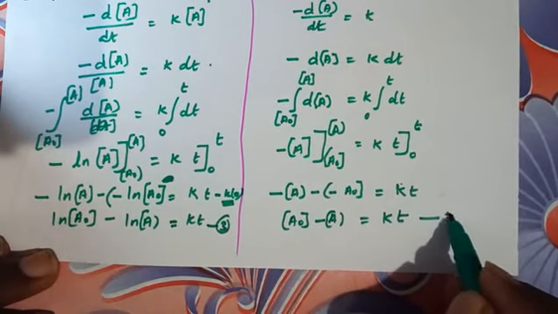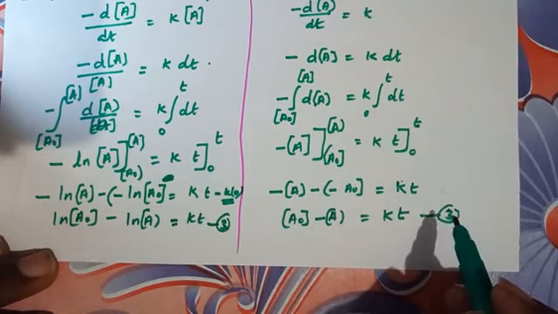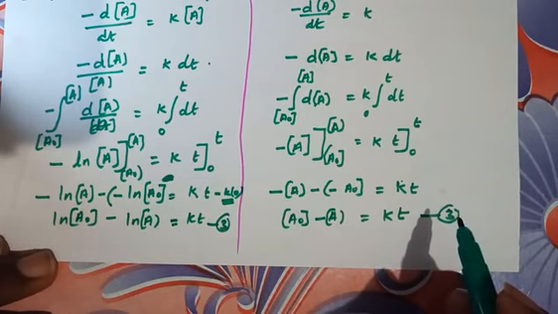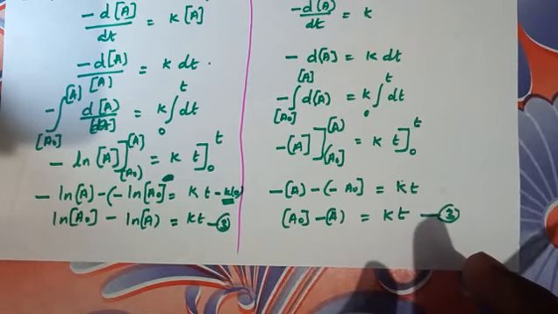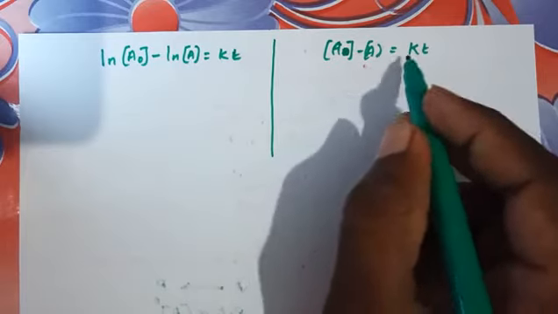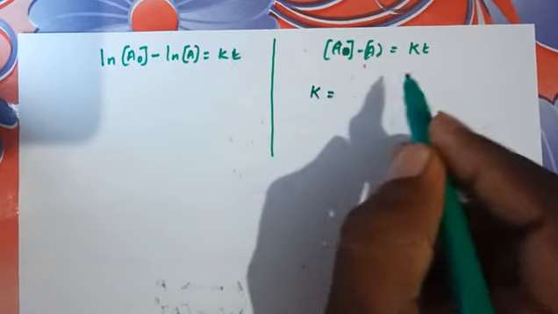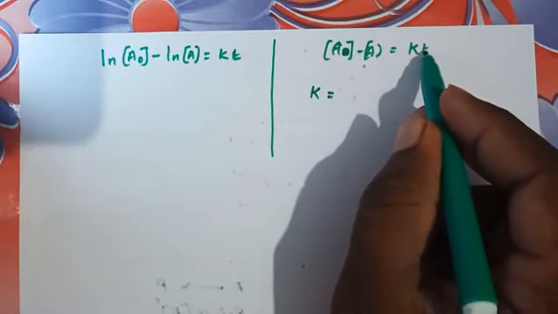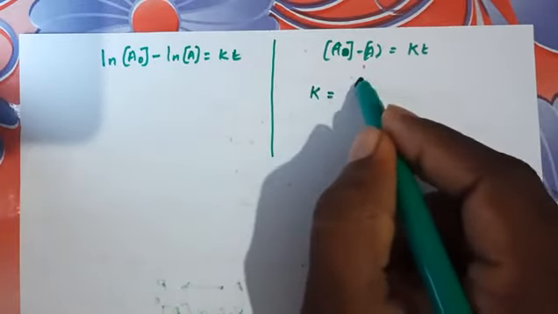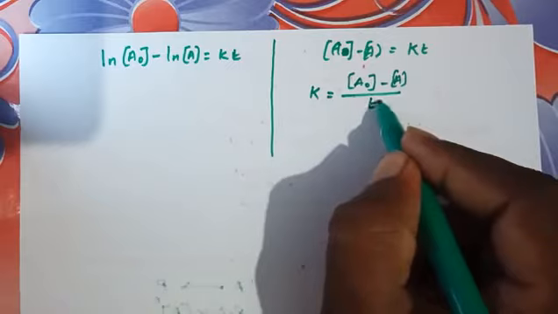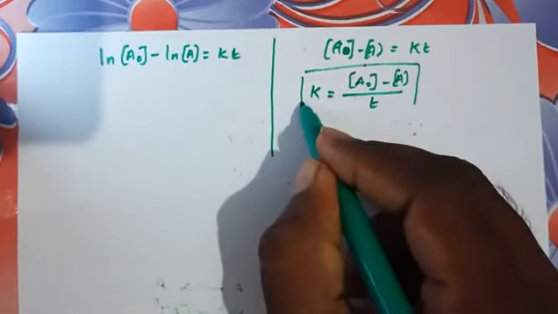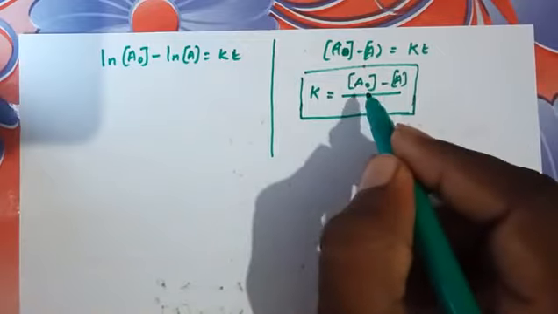This is helpful to find out the slope and intercept obtained in the reaction, which is matched with the straight line equation y is equal to mx plus c, that will be discussed later. For a zeroth order reaction, the rate constant K is obtained by shifting time to the left hand side, so K is equal to A0 concentration minus A concentration divided by t. Finally, we can calculate the rate constant of a zeroth order reaction.